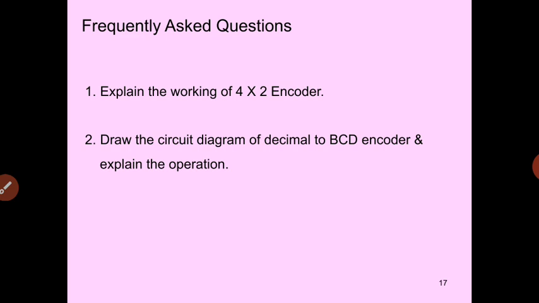This completes today's lecture. In today's lecture we have mainly concentrated on BCD to decimal decoder and the encoders topic. In the case of encoders we have seen the 4 by 2 encoder as well as the decimal to BCD encoder. All these things we have discussed in this lecture, and in the next lecture we will mainly concentrate on discussing